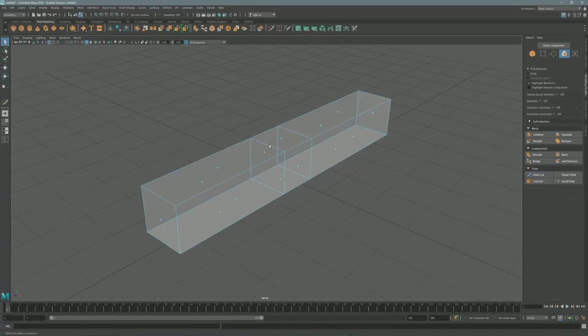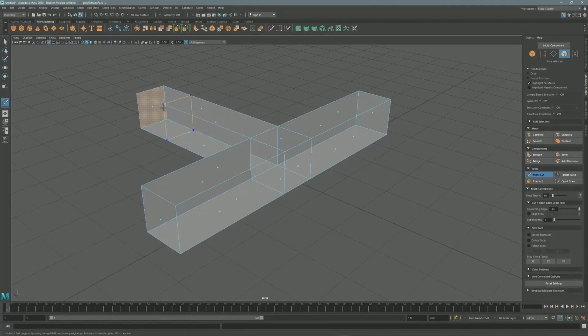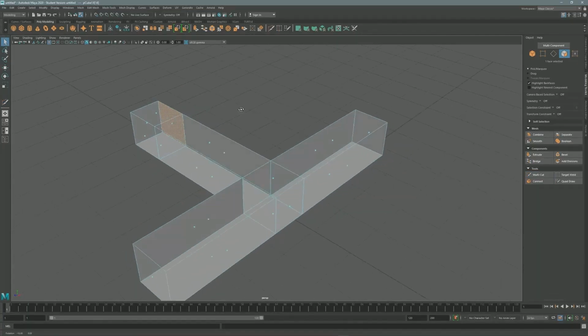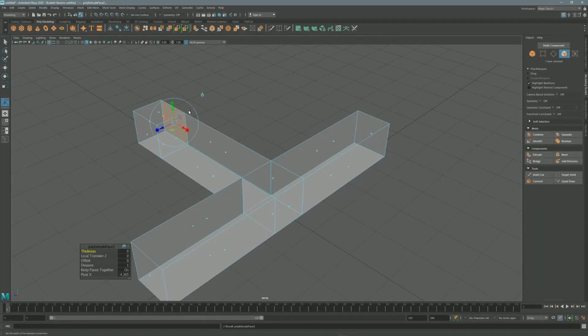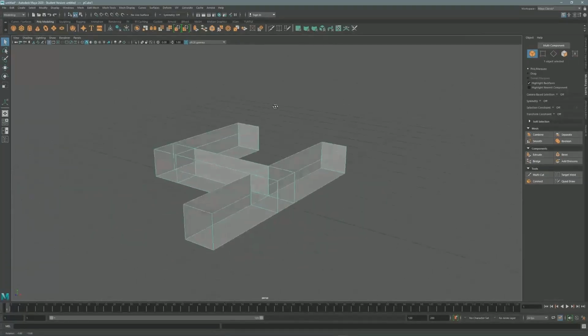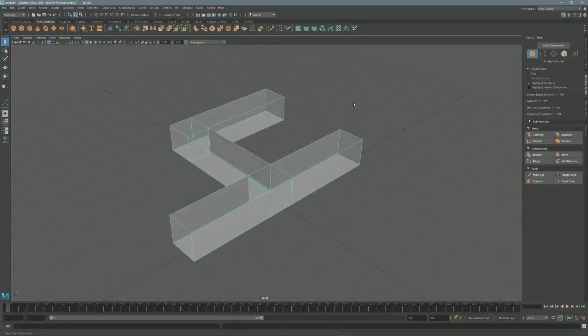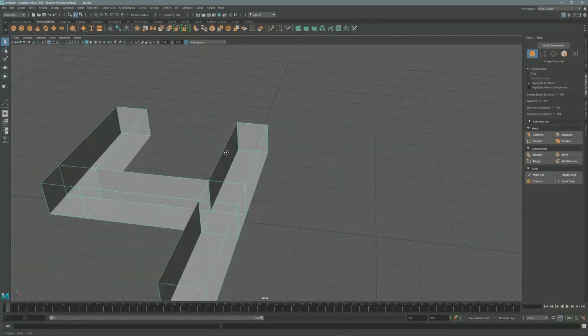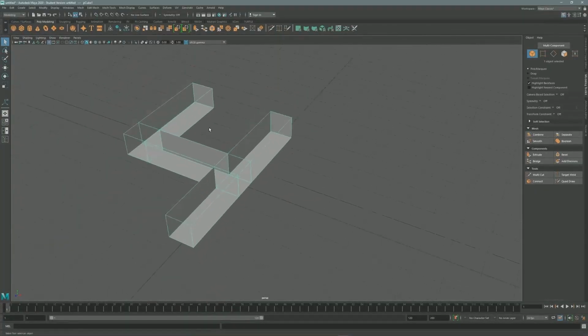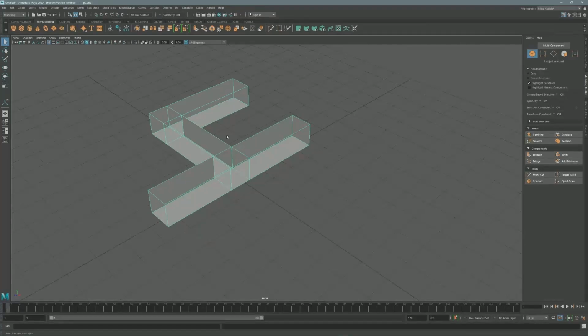And now I'm going to create some extra cuts here, and using this back face culling view, I'm going to start expanding my level here. So I have another corridor here, and I could have a third corridor here. So I have something that could be a little level for, I don't know, a first person shooter or something. This works pretty well, but it's not gonna be the most efficient